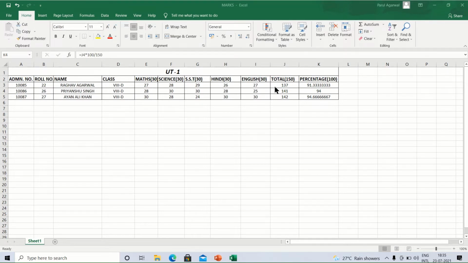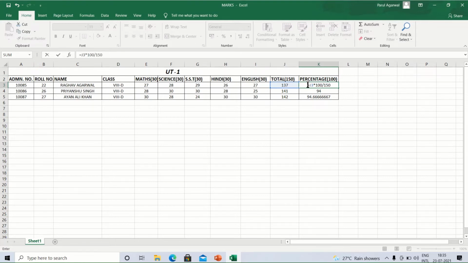To calculate the percentage of all the students, we will start giving the formula in this K3 cell address. Now we will type equals J3 multiplied by 100, divided by 150.